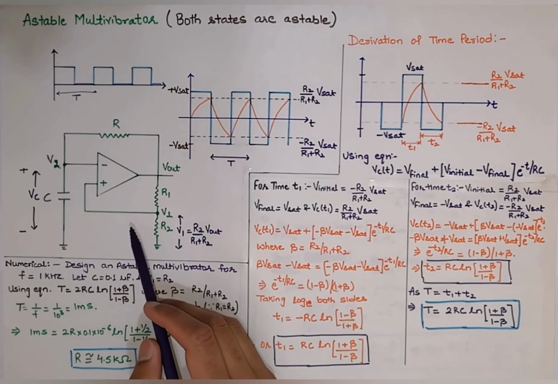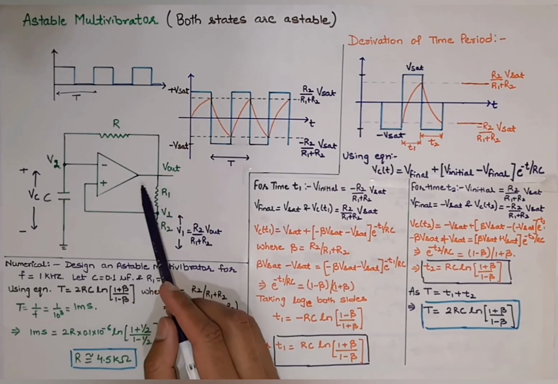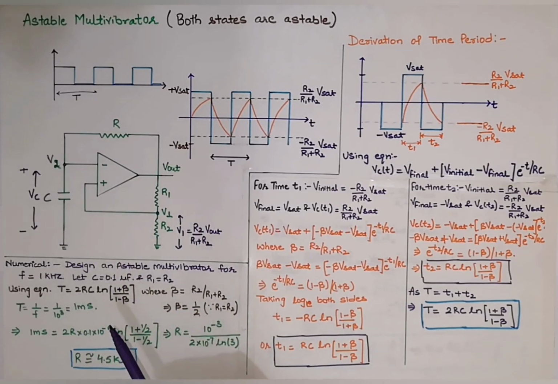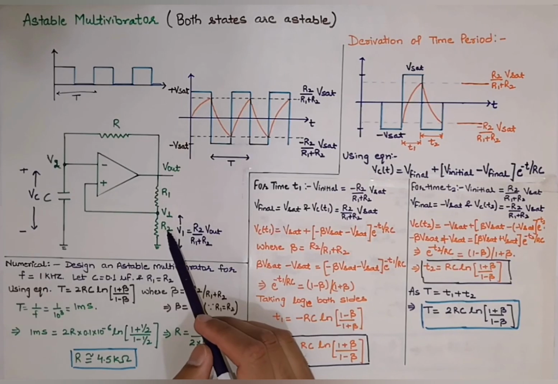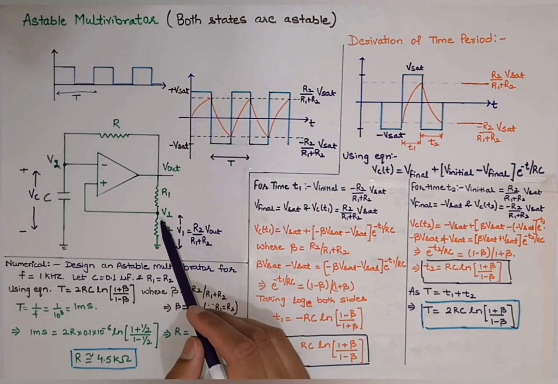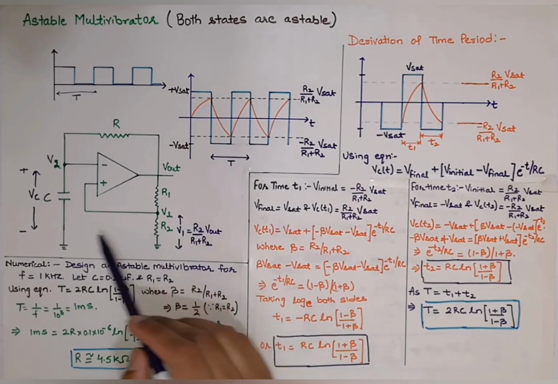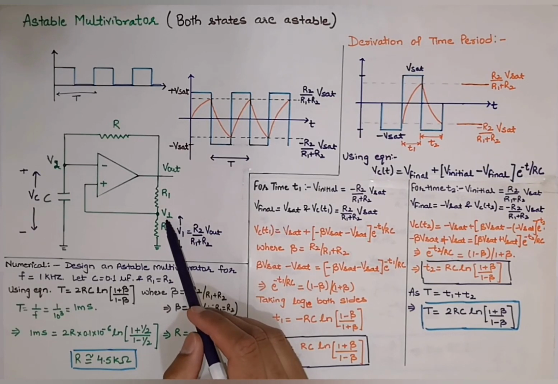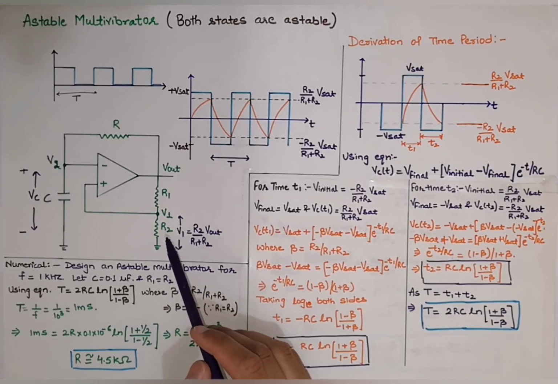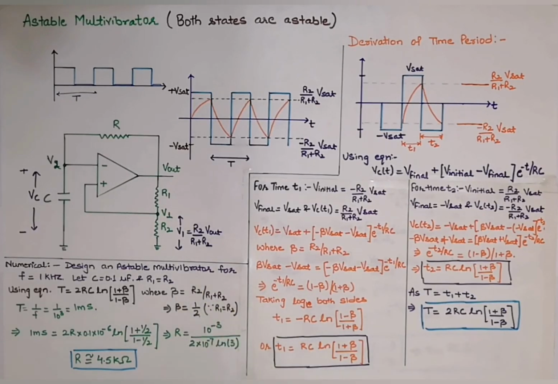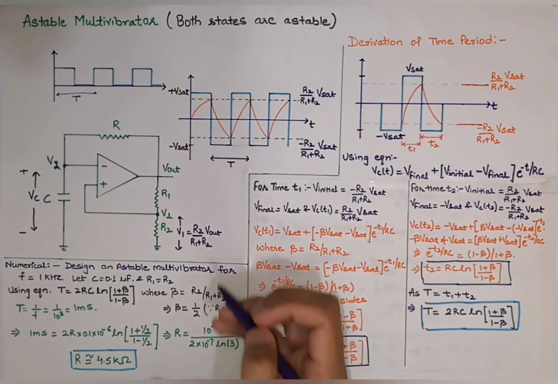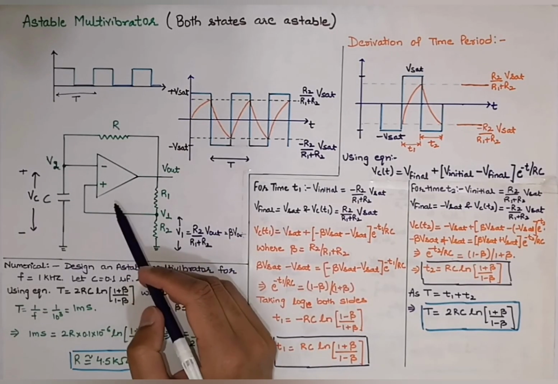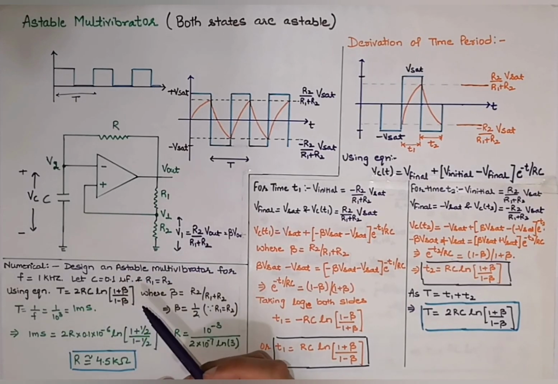Now, this is the diagram of astable multivibrator. You can see here a part of the output is sent back to the non-inverting terminal, and that is nothing but the positive feedback. The output is defined by the resistors R1 and R2, and you can see that the voltage across R2 is being applied at the non-inverting terminal, where the voltage across R2 is defined by the voltage V1, which, using the voltage divider rule, is R2 upon R1 plus R2 of V out. In some books it is equal to beta times V out, where beta is nothing but the feedback gain.